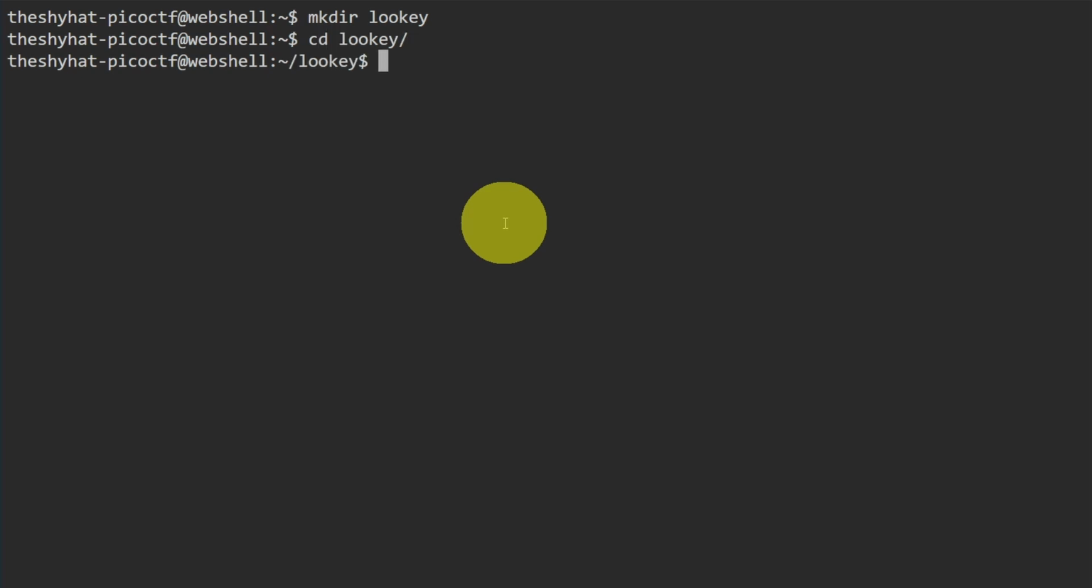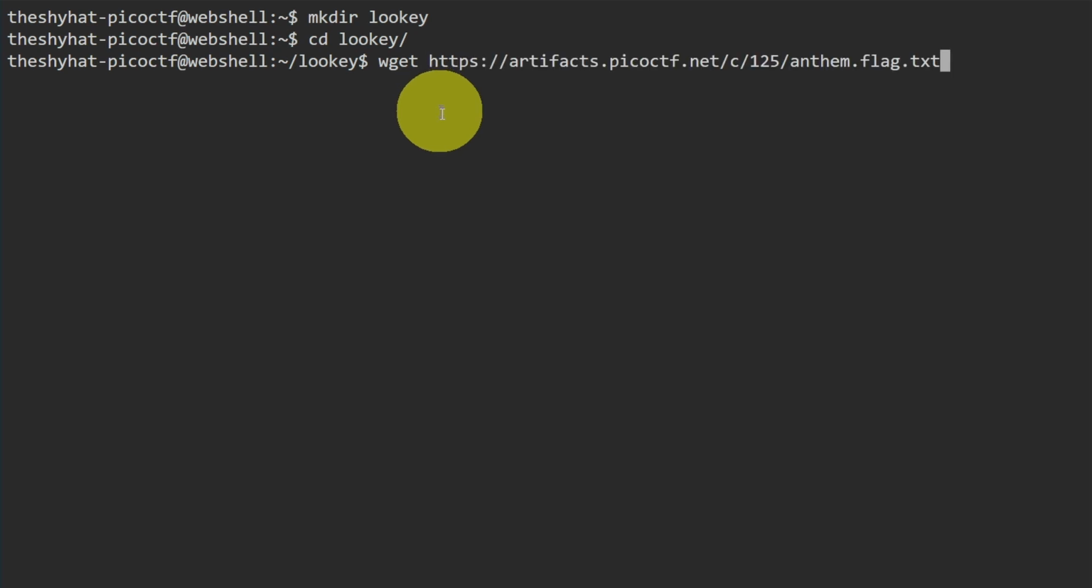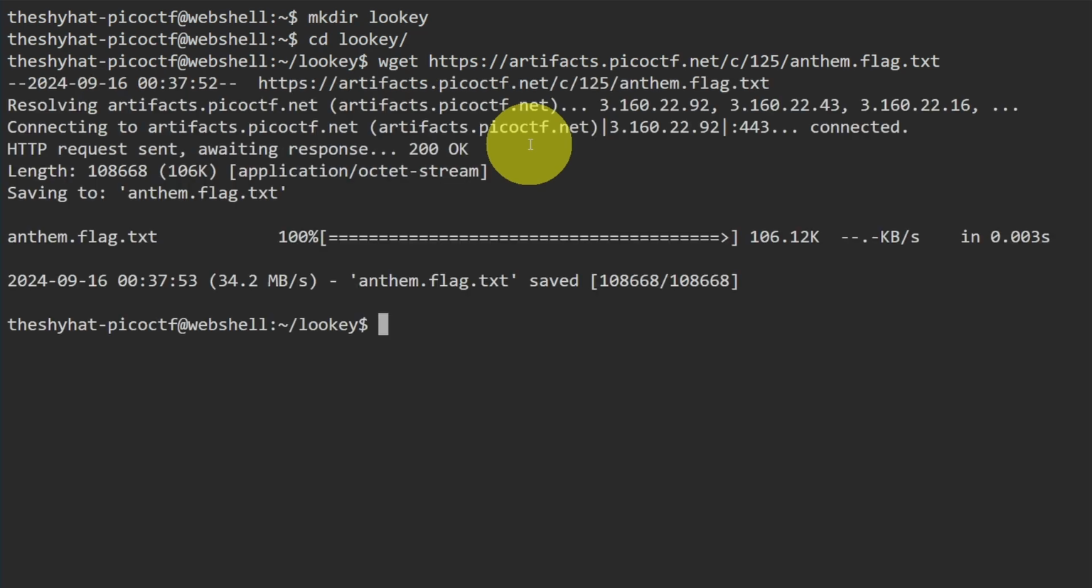And then we're going to use wget to download the file. So it's wget and then space. And then we're going to use the keyboard shortcut to paste in the link. It's going to be Control-Shift-V to paste in the file, and then hit enter to download the file. So we see here we have this file